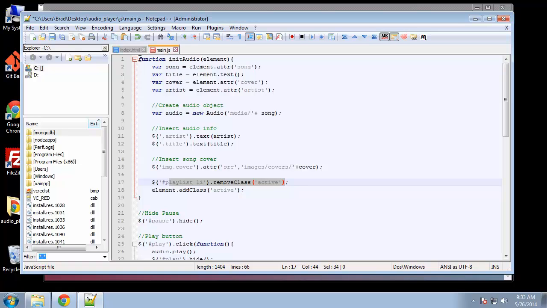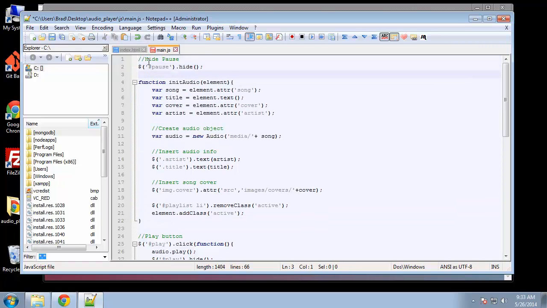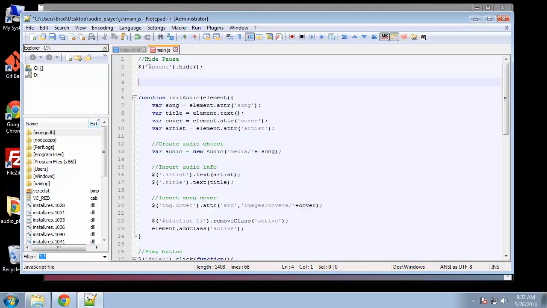Alright, so we can't test this until we actually run the function. I'm actually going to grab this hide pause and put it at the top. Okay, now we want to call our function, which is initAudio. Alright, now here's where we want to pass in the song, the audio clip or the song or whatever, because it's going to be put in